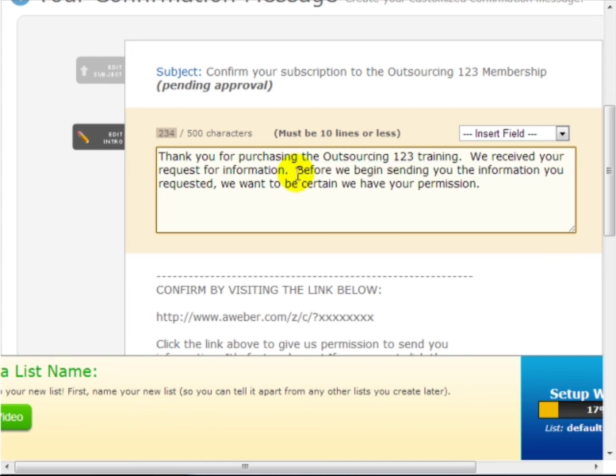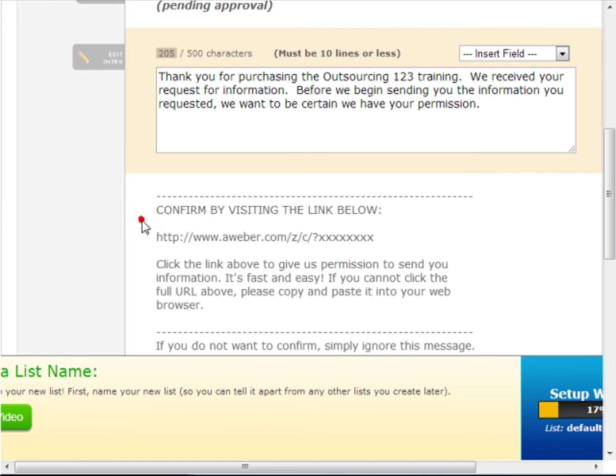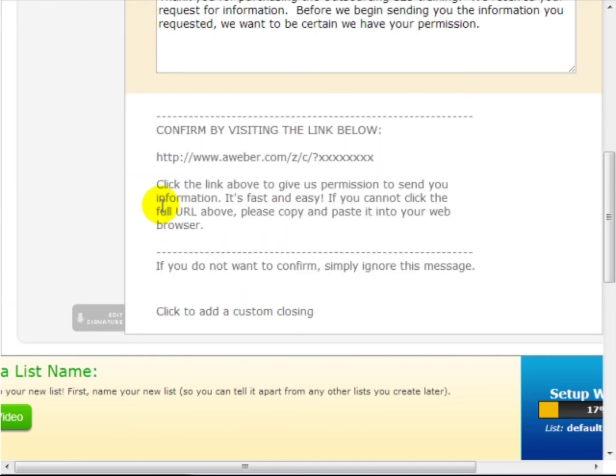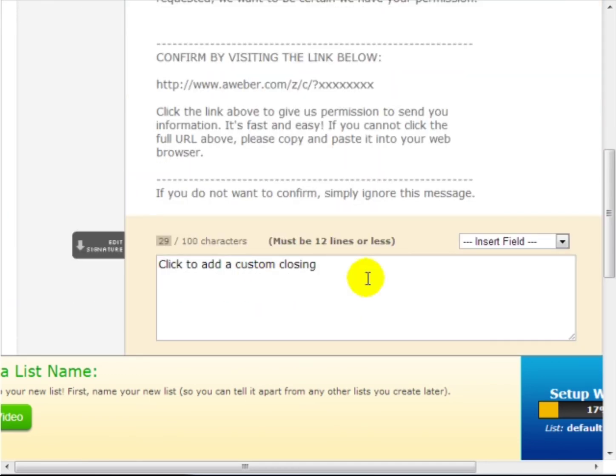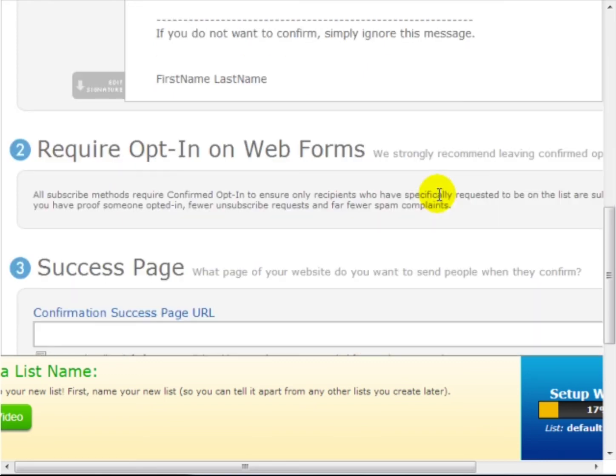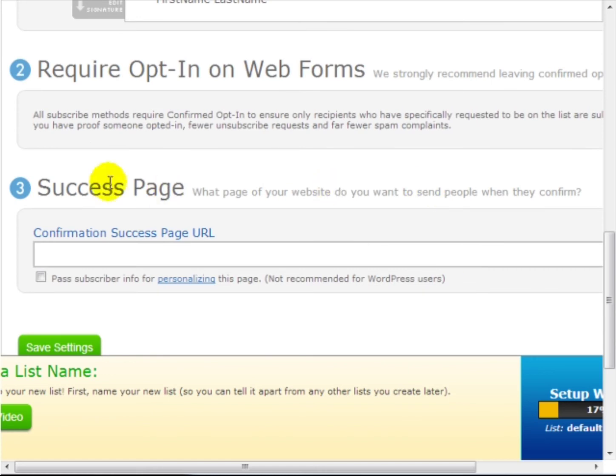And before we begin sending you the information you requested, we want to be certain we have your permission. So I think that's good enough. And of course you can change your signature. And then after that, you can enter a success URL. You don't have to include a success URL. So in this case, because we're delivering the content through email, I'm going to leave this blank and click on